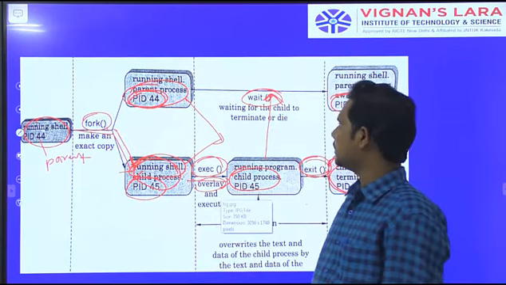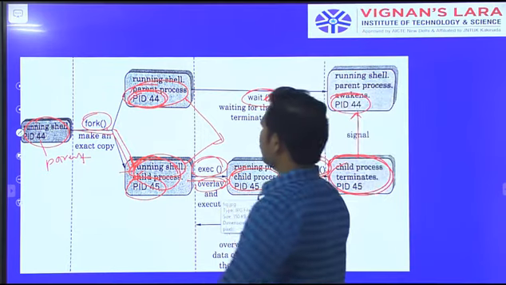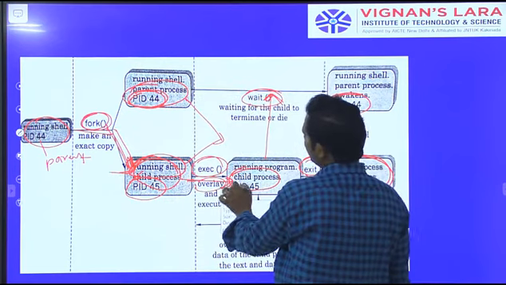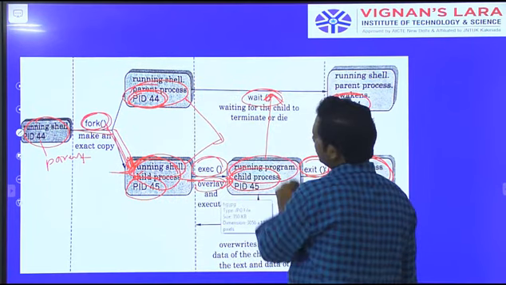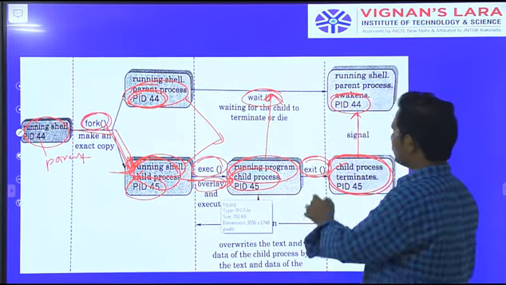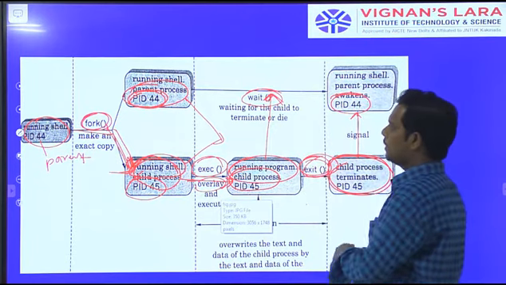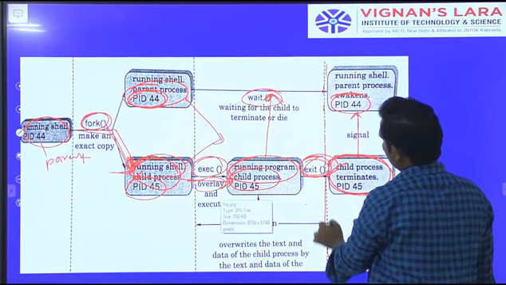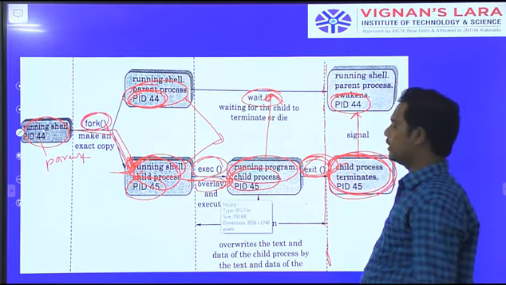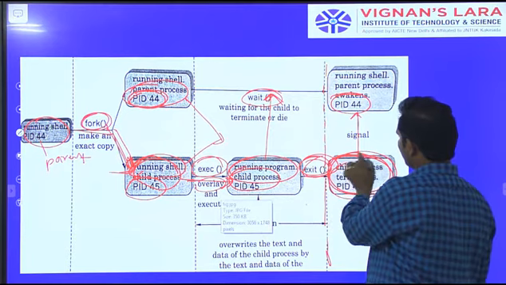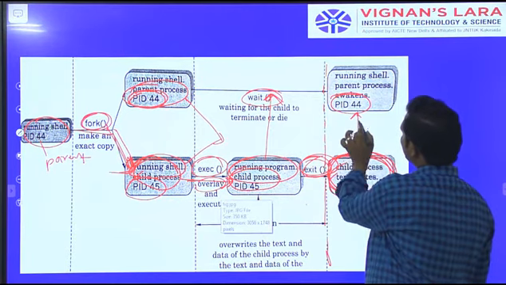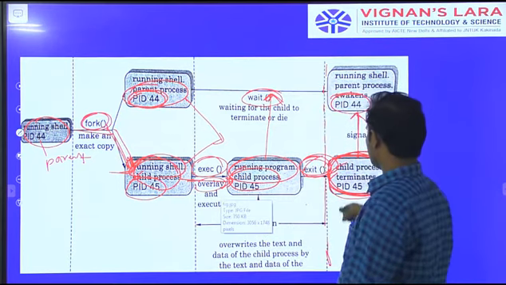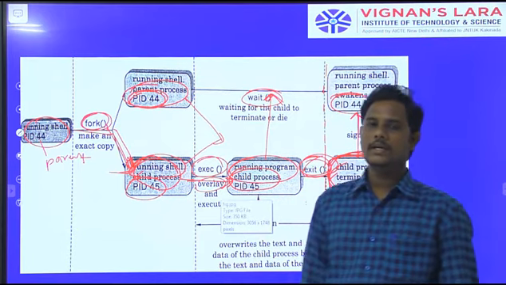Okay, how is a process executed? First we use the fork system call to create the child process. Then you can apply the exec system call to execute the child process. After that the exit status comes to the outside. The child is executed already. Whenever the child process is finished, that signal is going to the parent. The parent is again executed.